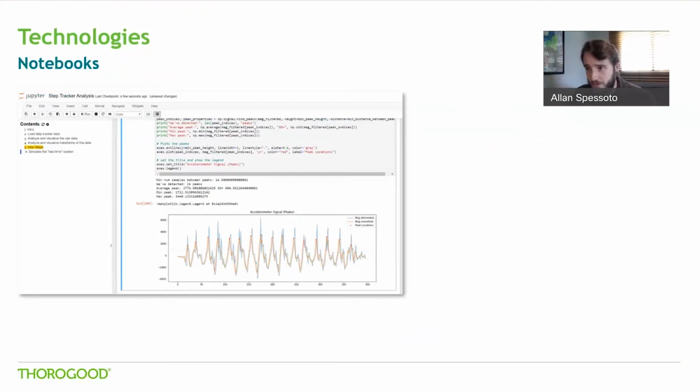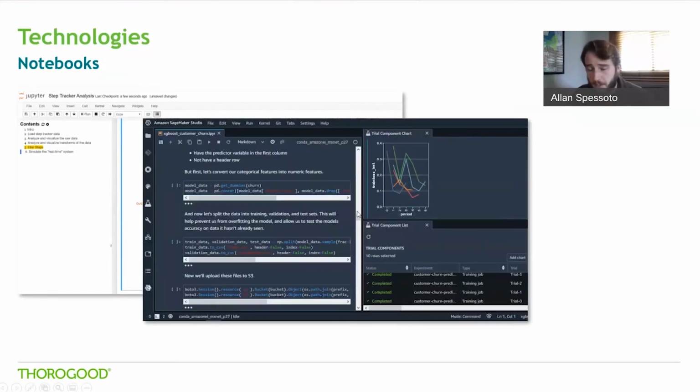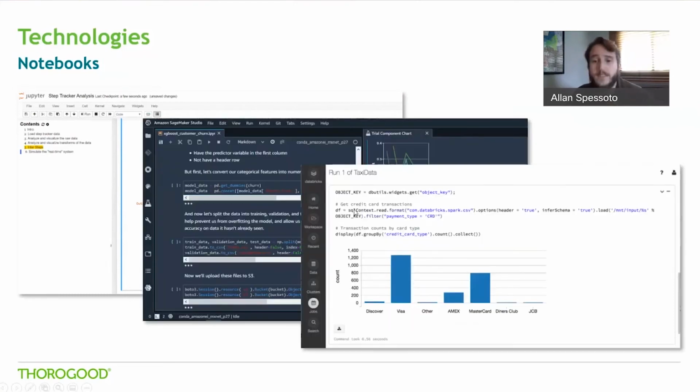The most famous one is this Jupyter notebook, which you can run in Azure ML, for example. And this is where you write your code and execute your code. But also you can include a lot of commentary, even some charts and tables to help you visualize the results throughout the experiments. Here are a few examples. Like I said, this is a Jupyter notebook. This is SageMaker and Databricks, all using the same kind of front end and this notebook concept.